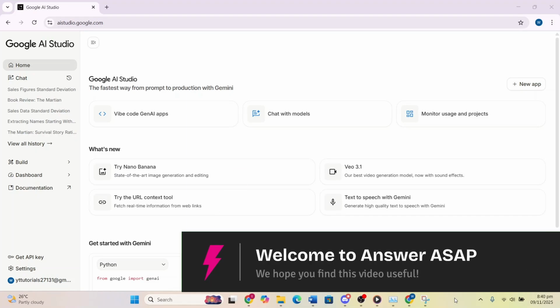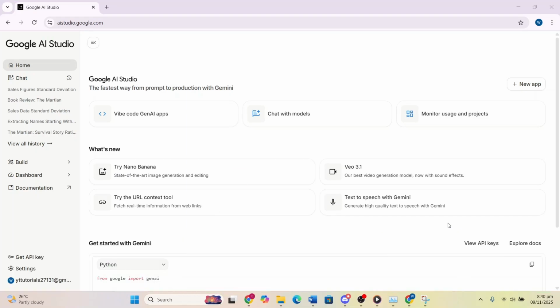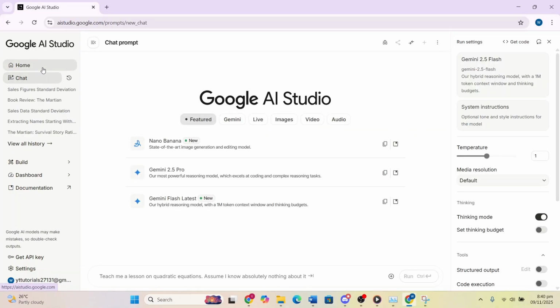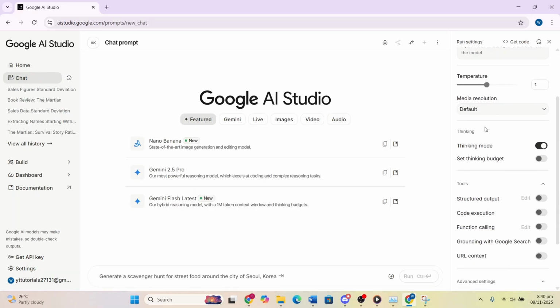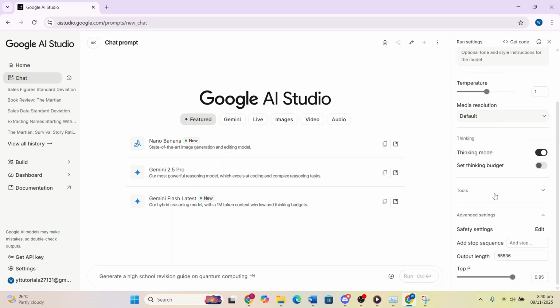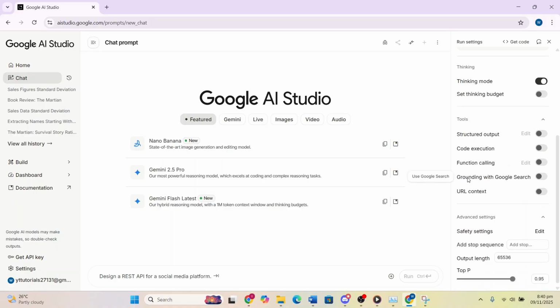Hey guys, in this video, I'm going to show you how to enable grounding with Google Search in Google AI Studio. The first thing I want you to do is open up a new chat in the Google AI Studio website. And then on the right-hand side, I want you to go ahead and scroll down until you see Tools. And I want you to click on this down arrow with Tools and toggle this on, grounding with Google